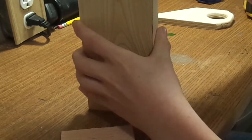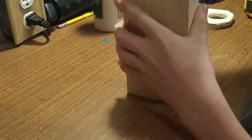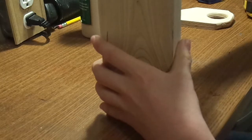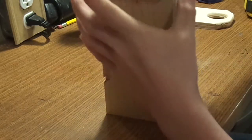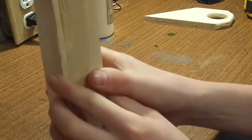So now I'm just going to put some glue here, and you can use your piece that you're going to glue, and I just scrape it with the edges to get it around, maybe a little more. And now I'll place it where I would like it. It does not have to be square, but you can make it square if you want, or just eyeball it. So now that I have my overhang, actually it's about equal, so it doesn't matter what side I use,